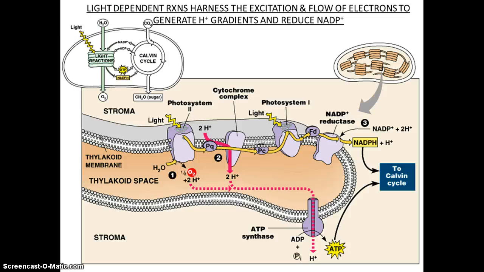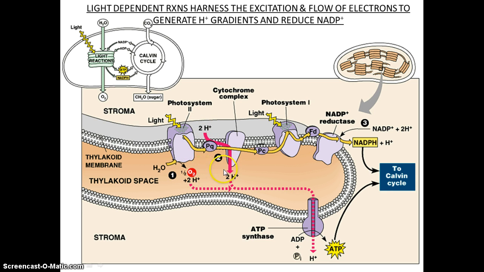So looking at the whole thylakoid disc here, here's our electron transport chain, and here's our photosystem 2 and photosystem 1. And this is where our light is going to strike our chlorophyll. The chlorophyll will absorb that light energy and excite those electrons. Those excited electrons are then accepted by an electron acceptor in our electron transport chain and passed from one protein to another. And while this is happening, again, you have energy, and that energy is used to pump hydrogen into